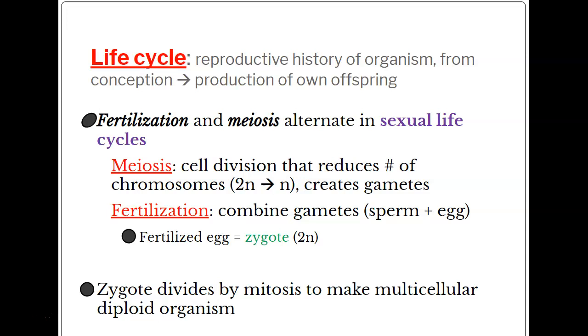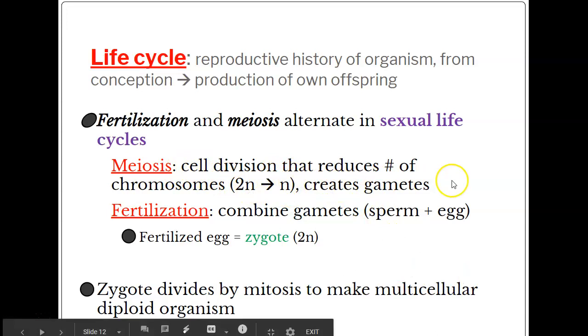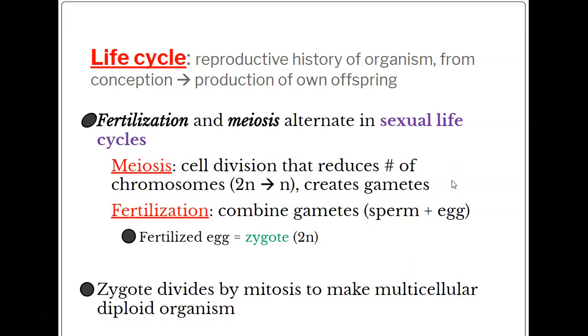So in terms of a sexual life cycle, it kind of alternates between 2 things: fertilization and meiosis. So initially in a parent, for example, meiosis occurs to generate gametes, the egg and sperm or sex cells. So there is a cell division that basically takes a cell that has 46 total chromosomes and divides it in half, so that way they go from diploid or 2N to haploid 1N. And then that creates one set of genetic material that will go into the next generation. And that is alternated